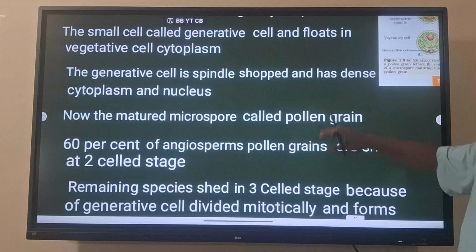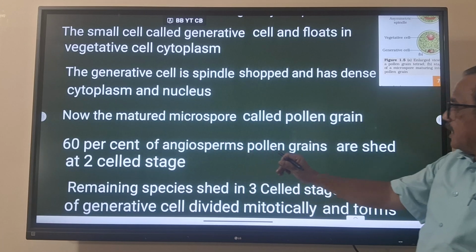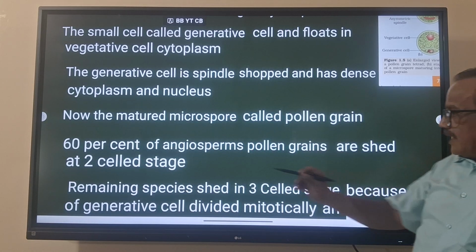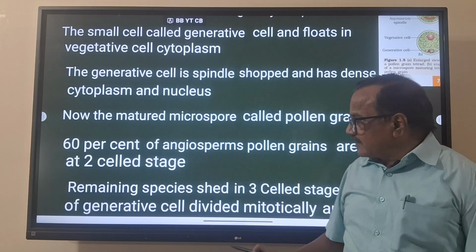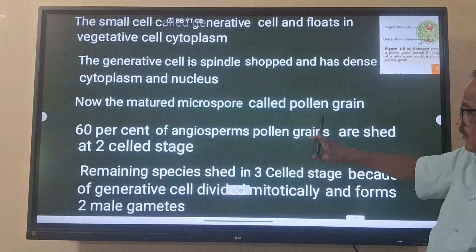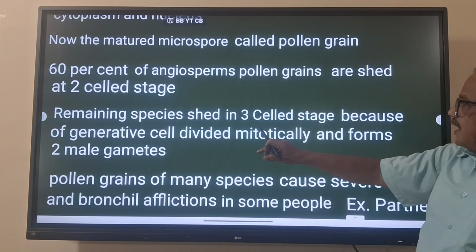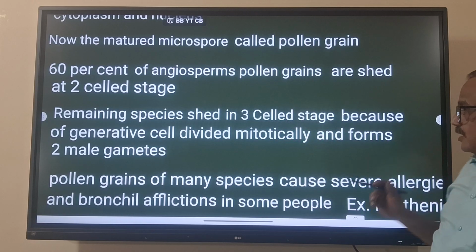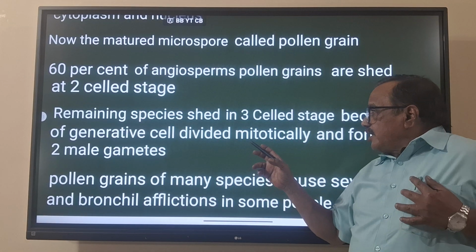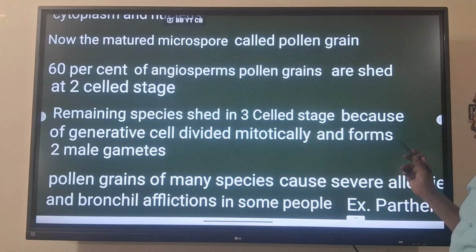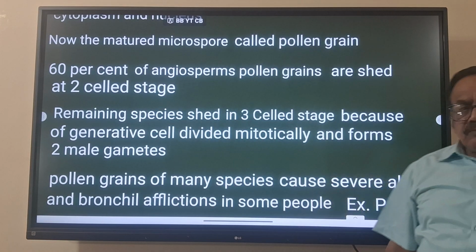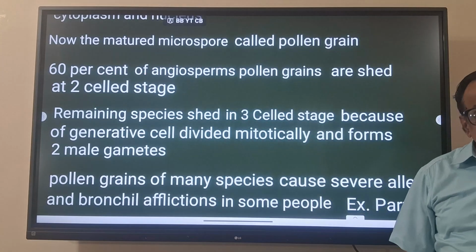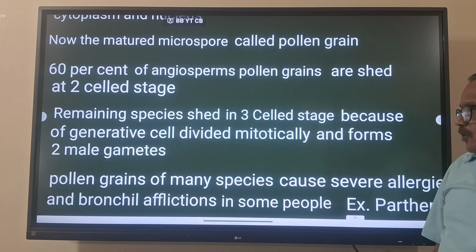So here, 60% of the angiosperms' pollen grains are shed at the 2-cell stage. The remaining 40% are shed at the 3-cell stage, because the generative cell divided mitotically and forms 2 male gametes. Understand? Now the pollen grains